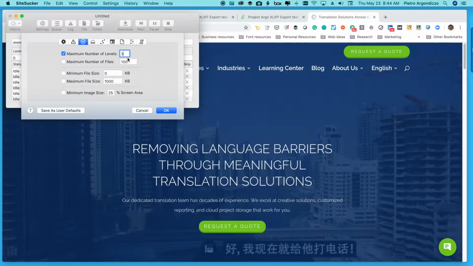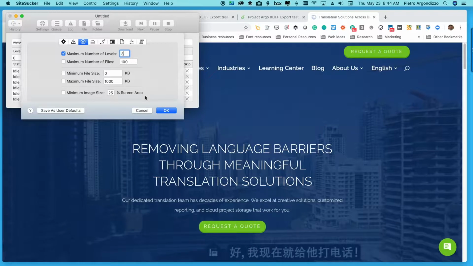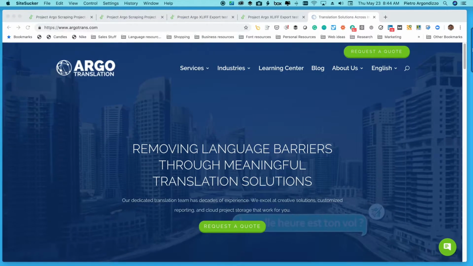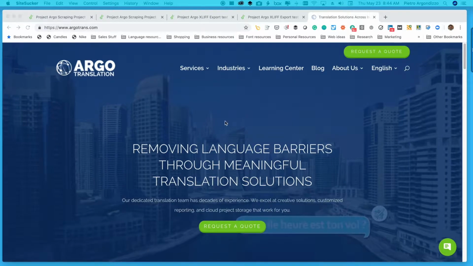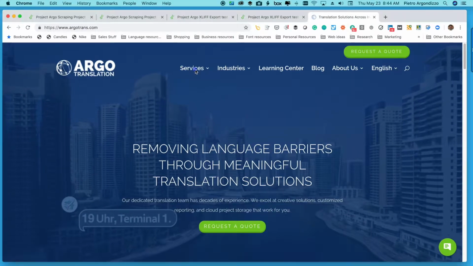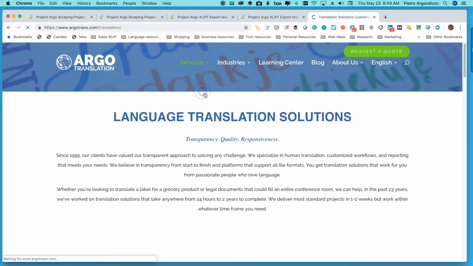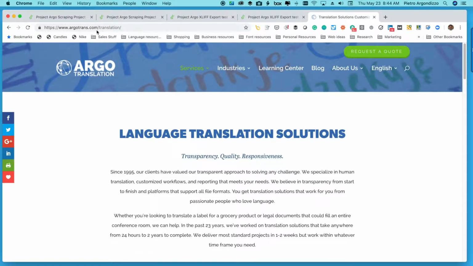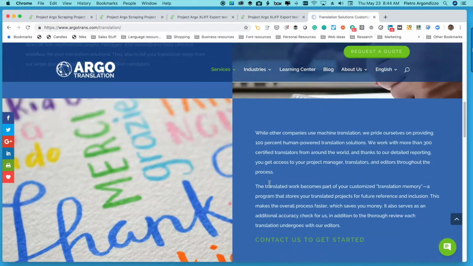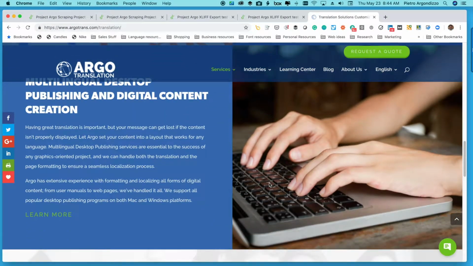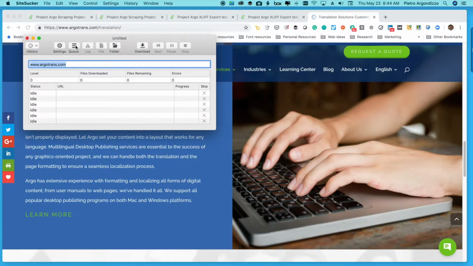And again, just so we understand what the levels are, let me just hit OK on this. For our current website, this is obviously level 1. And when you get to the next levels, let's just go here. What I want you to pay attention to is the directory structure. So see how we're argotranslate.com and then translation. So that's the next level down. If I were to click on something on this page, I might be a 3rd level down. So that's really what's meant by those levels.